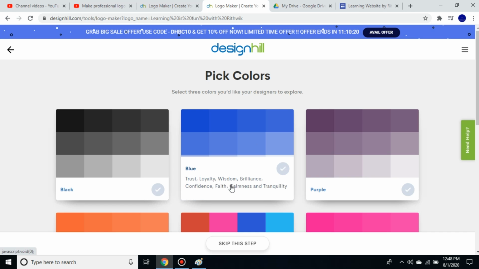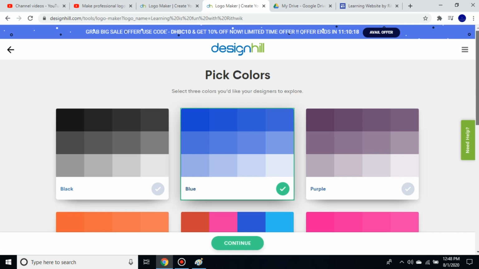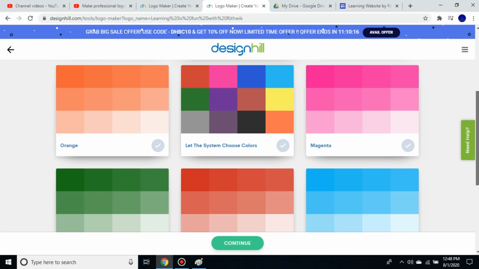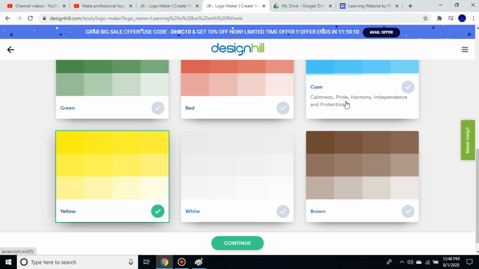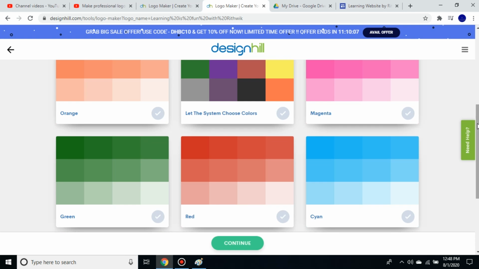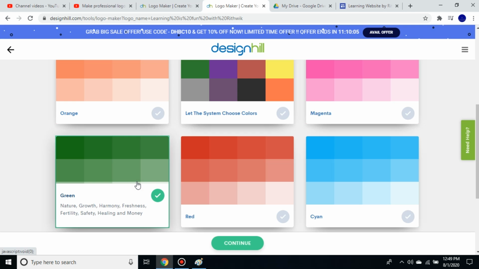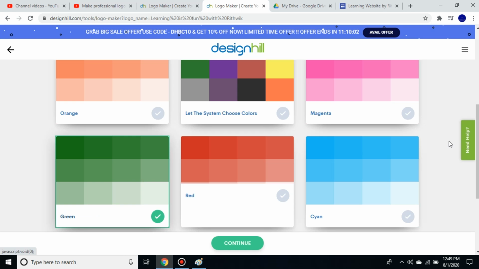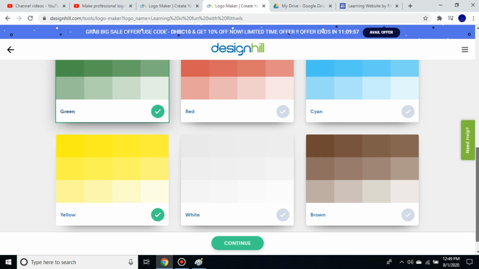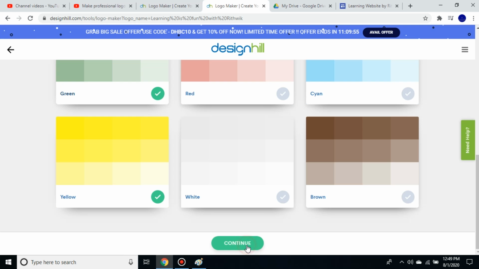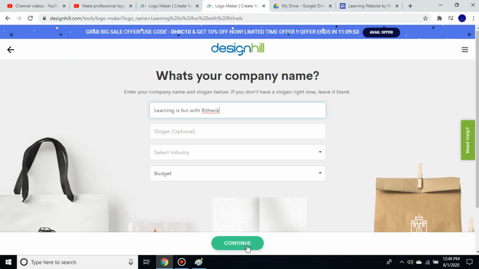So you can choose any of them. I have chosen blue, green and yellow. Now I will click on continue.